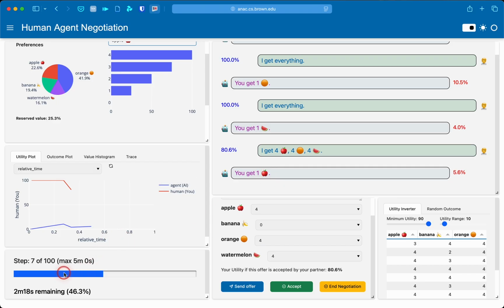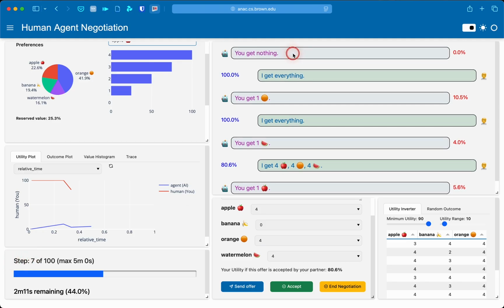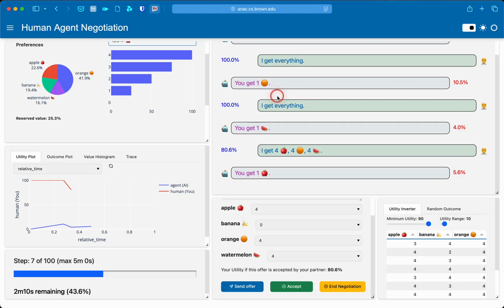And you can see here on this part what's happening in time. So this negotiation is now at step 7. If you count these, you will find that there are 7 offers of 100. So the maximum allowed number of offers is 100 offers. But there's also a limit on time, which is 5 minutes. And we already used 2 minutes of them thinking about these things. So now I want to offer them something that is not very bad for me, but slightly different than what